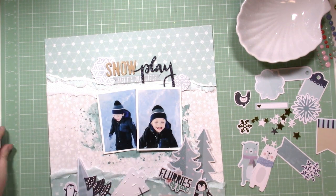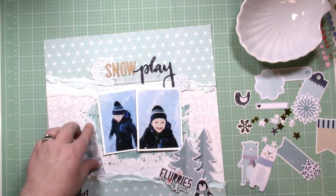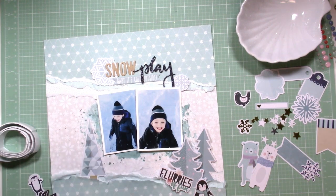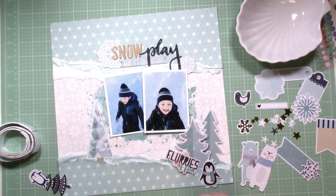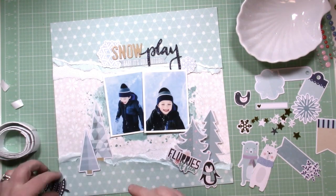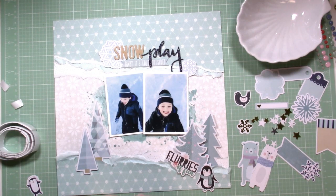So I kind of got my title where I want it to be. I added a little banner on the bottom that says "Baby, it's cold outside," which was really cute, and the color was perfect. So it's just another little extra that I added in there. And now I'm pleased with the placement of everything, so I'm committing and pasting my trees down there. I've got some foam adhesive on the ones in the front, and I'm gluing